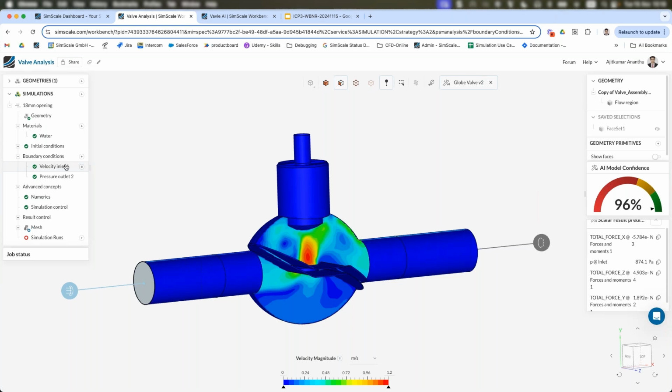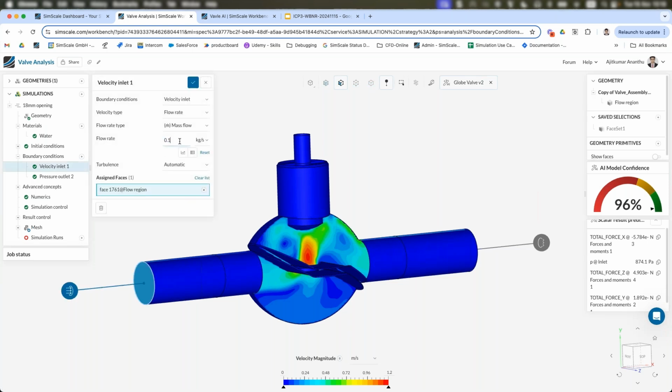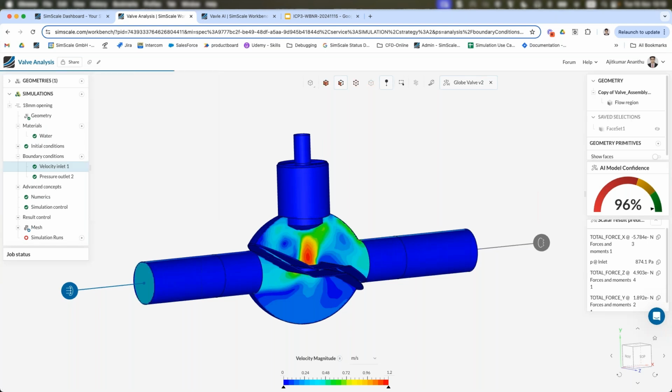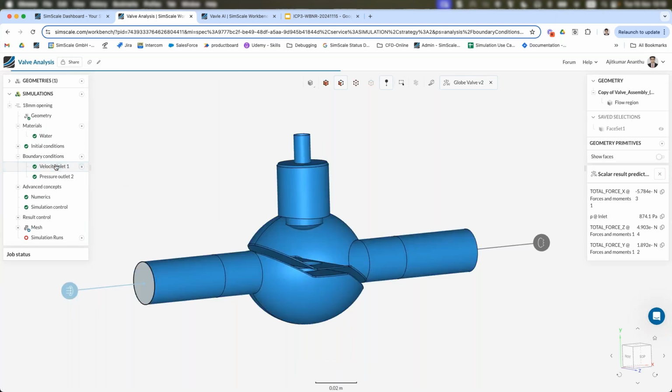For example, if you want to change the flow rate, let's say I want to use a different flow rate and I want to predict the results. All you need to do is change the boundary conditions and wait a few seconds for the new results to be predicted using the AI model. So let's wait for a few seconds, and then